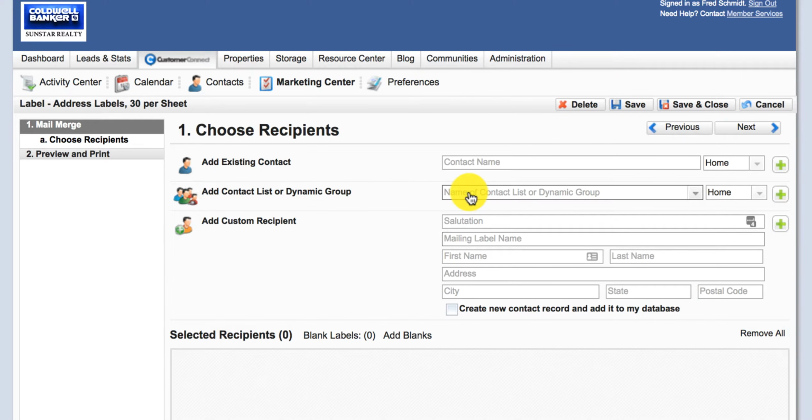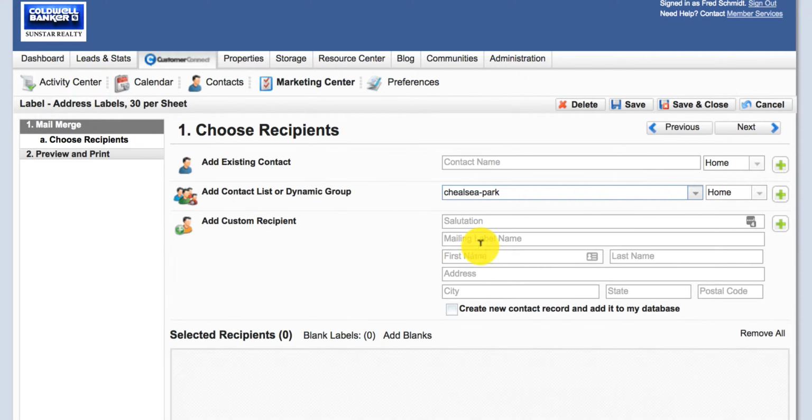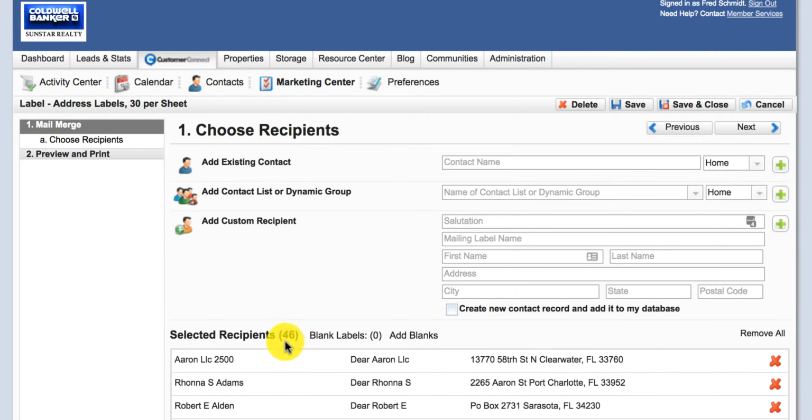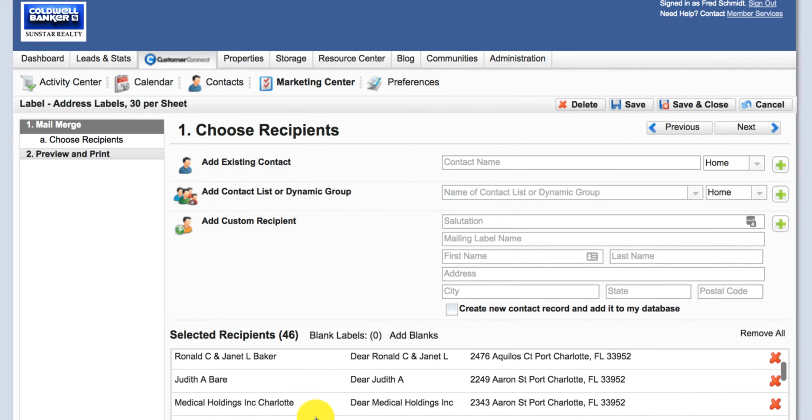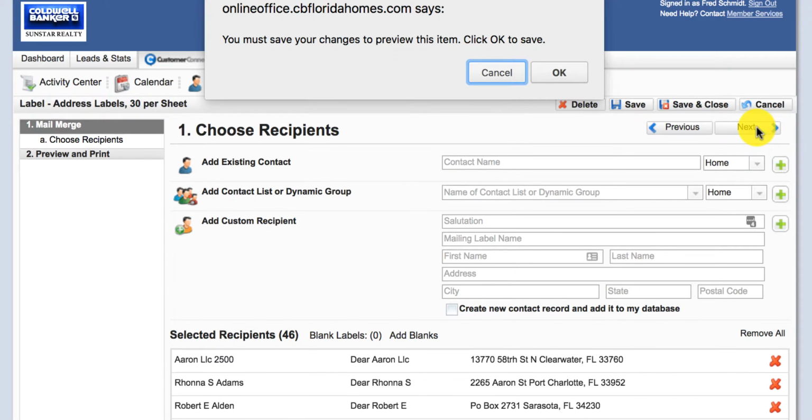Okay, now you can either add contacts in one by one, or you can also look for contacts here. But let's just go to the database that we created, Chelsea Park. We're going to click add, or the plus sign over here, which is going to add all of those addresses down below. So now if I hit next, after I've added those,